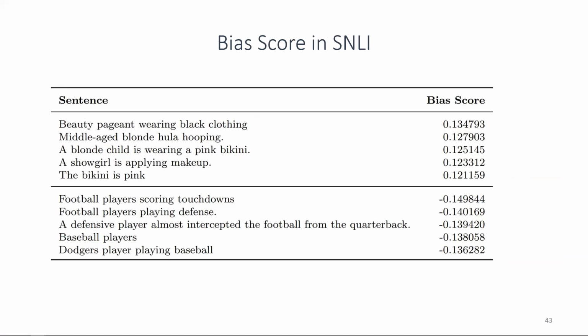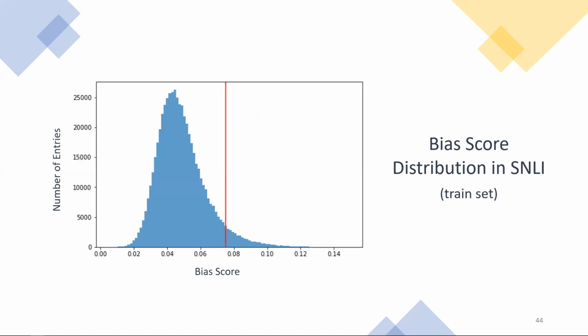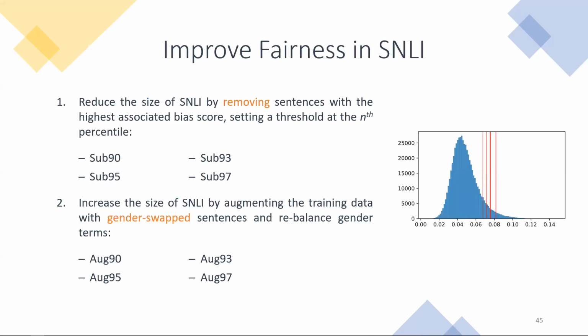So these are examples of bias scores from sentences in SNLI. These are the highest male-biased sentences in the corpus, and the female bias. As you can see, for instance, some colors and dresses are associated with females, and then you have a lot of sports associated with males, like football and baseball. This is the distribution of bias scores. So we do not have so many highly biased sentences,